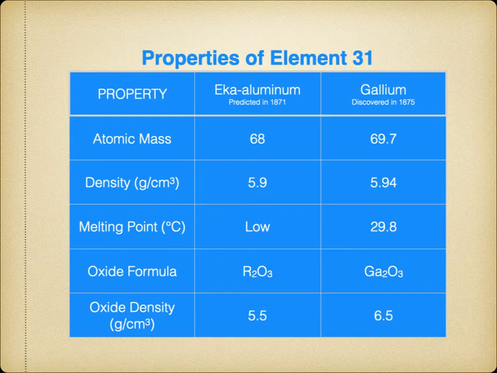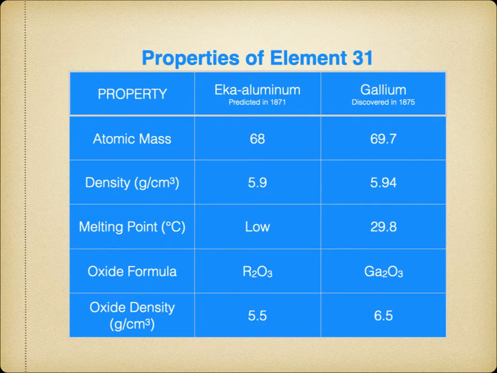In 1875, the element gallium was actually discovered for the first time. And look at how close these numbers match up to Mendeleev's predictions. The density off in the hundredths place, right? The melting point at 29.8. Gallium's a really interesting metal in that its melting point is above room temperature, below human body temperature. So you can take a hunk of gallium, put it in the palm of your hand, and it will melt. Set it back down on the table, and it will re-solidify. There are all kinds of fun videos on YouTube you can look up about that.